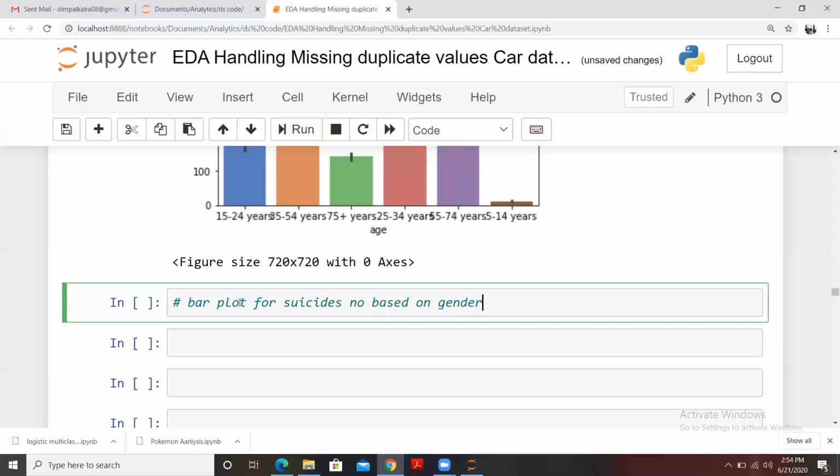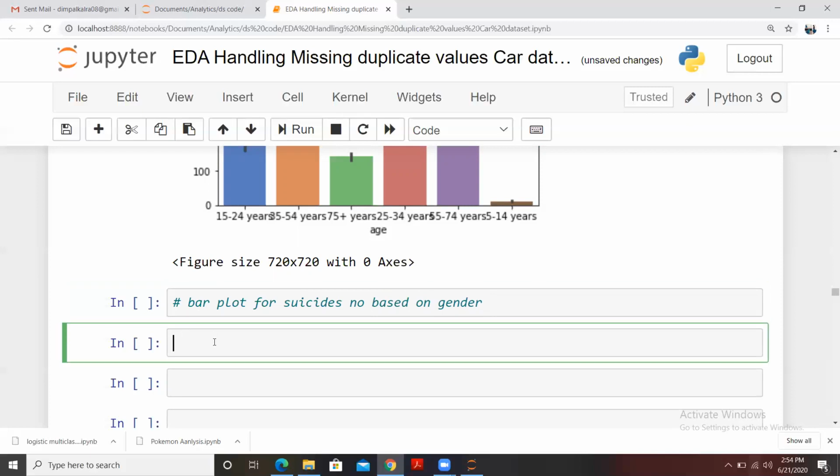Fine. So how will I do that? I'll be using sns only for that. Let's say ax equals sns dot barplot, and x equals gender, and y is simply the suicide numbers, right? And the name of your data frame is data only.